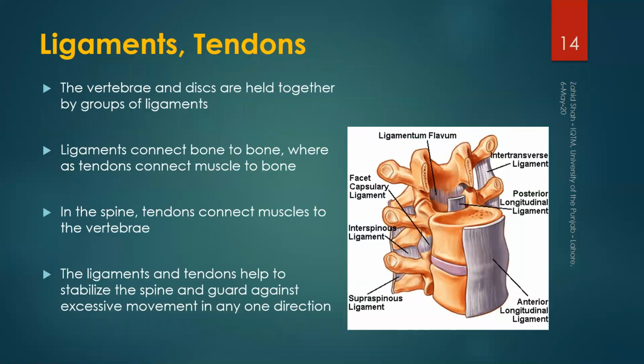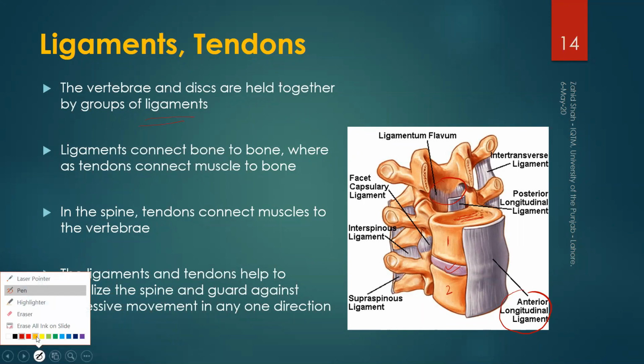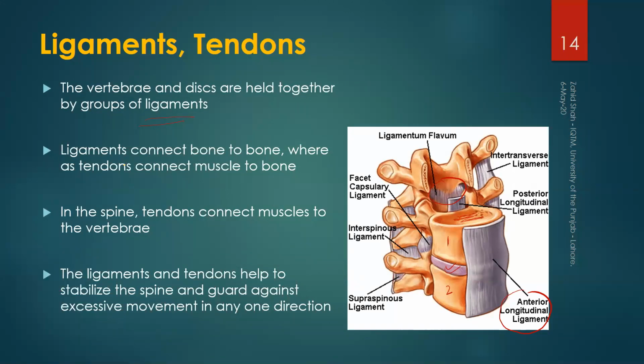Then we have ligaments and tendons and of course muscles. You can see from this figure that these ligaments are covering these vertebrae. For example, this is vertebra 1, this is 2, that is the vertebral body, and this is your intervertebral disc. These are external ligaments, then we have internal ligaments as well. As a whole, these ligaments provide stability to different joints of your backbone. The vertebrae and disc are held together by a group of ligaments. Ligaments connect bone to bone, as we saw in our discussion on anatomy of the musculoskeletal system,